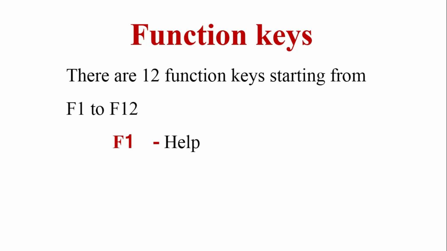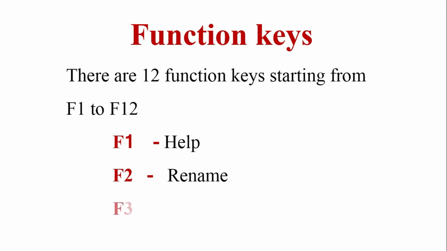Then the second function key is F2. So the F2 function key is used to rename any file, folder or anything, whatever you want. Suppose I select any folder and then press the F2 function key, then automatically I can rename it. Generally we click on the folder or file, then right click and select the rename option. But using the F2 function key, the file or folder name is automatically edited and we can give another name to that file or anything. So the F2 function key is used to rename a file, folder or whatever you want.